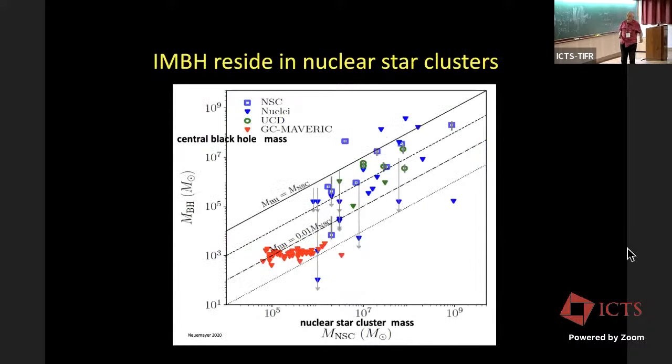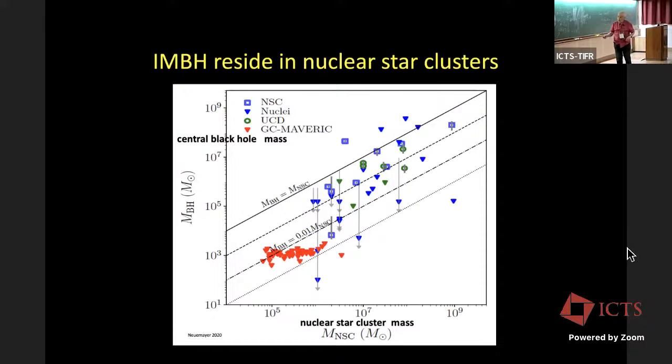And then there is this connection between black holes and nuclear star clusters. First, let me say that in globular clusters, we do not have massive black holes, okay? We've looked very hard in globular clusters. There are limits of 1,000 solar masses. There are one or two examples which people discuss endlessly of whether there is a 1,000 solar mass black hole in the globular cluster. But by and large, the answer is no. And the red points on this graph are the globular star clusters in the Milky Way. Black hole mass, nuclear star cluster mass. So forget it. These are basically all upper limits. There might be an example or two there. But we're talking 1,000 solar masses, which is the very lower bound of what I need for my seed black holes.